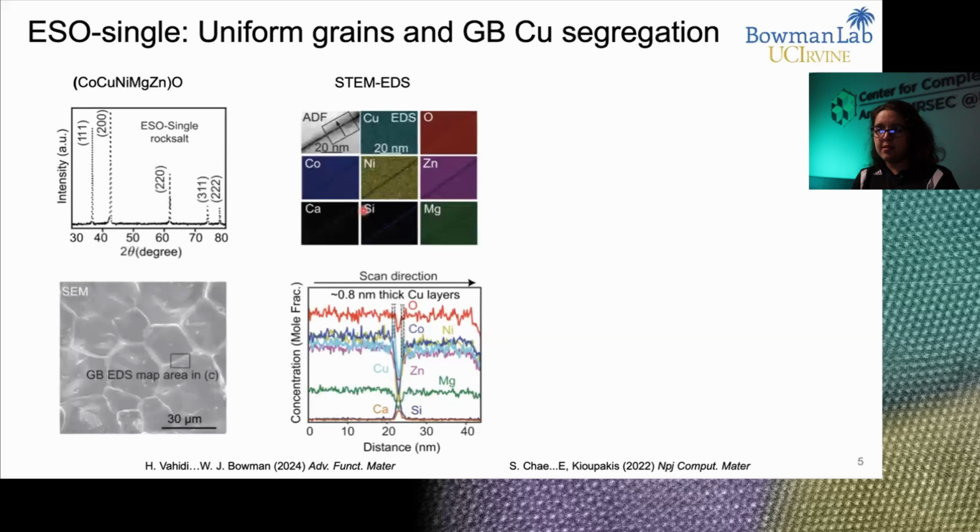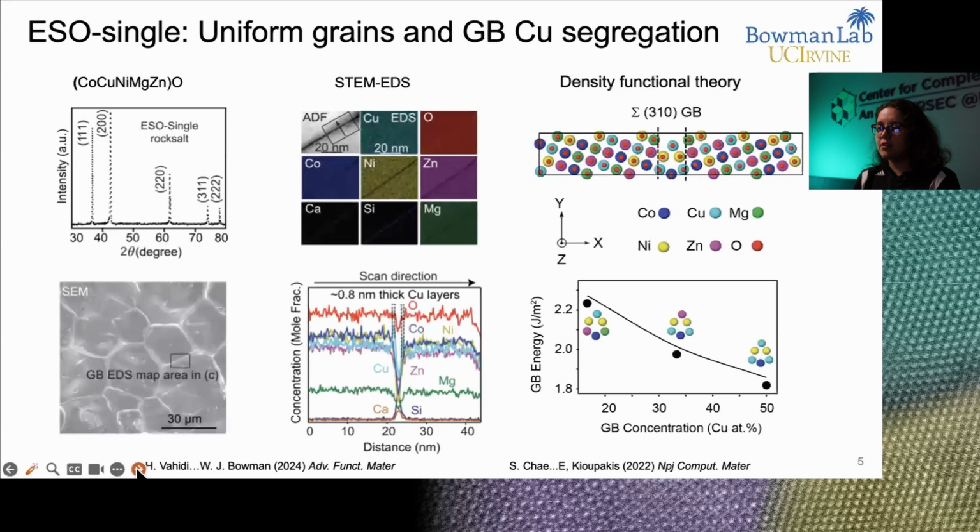This happens because copper wants to leave the crystal structure and reduces first. It has a higher reducibility than other elements. We do believe this happens to reduce the total energy of the system. Our grains, I have to say, have a homogeneous composition all across; you can see that in these maps pretty clearly. And we collaborated with another group here at UC Irvine, who helped us with density functional theory